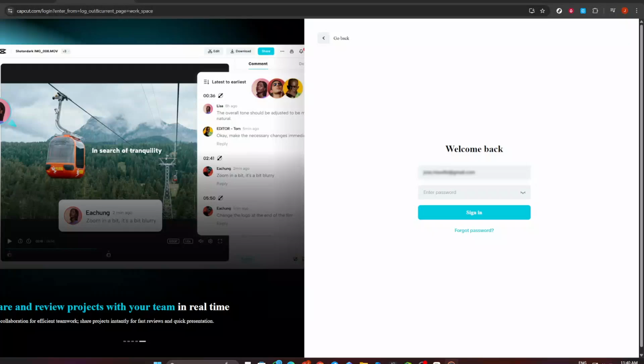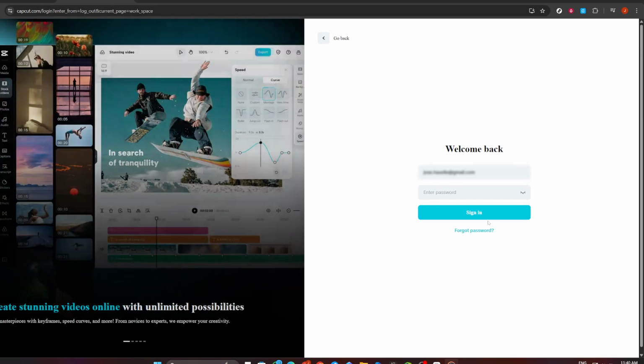In today's video, I'm going to teach you to see CapCut password if you forget. Now, quick heads up before we begin. For security reasons, no platform will actually show you your current password. What you can do, and what we'll walk through, is use CapCut's official recovery path so you can safely get